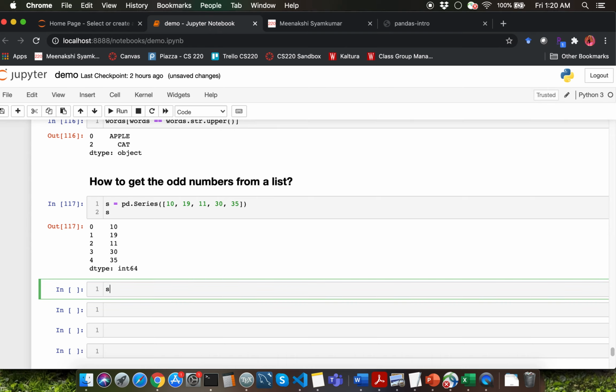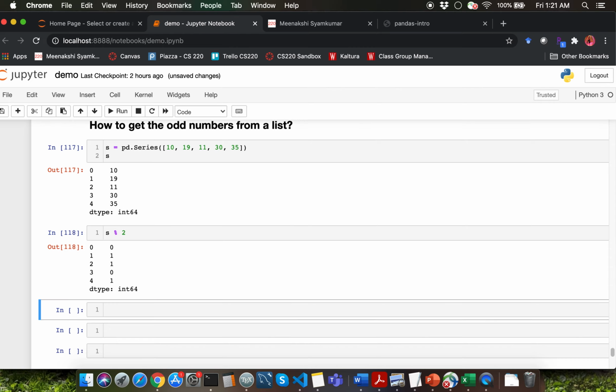Recall that you can use the modulo operator and find the remainder of the division operation when you divide the value by 2. So that's going to give you a result of 0 or 1 depending on whether you have an even number or an odd number.